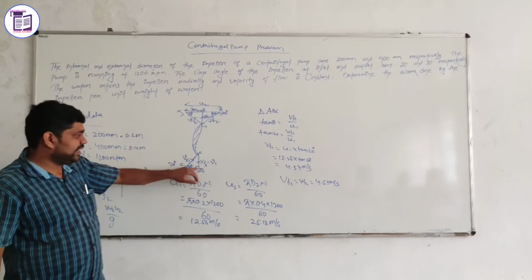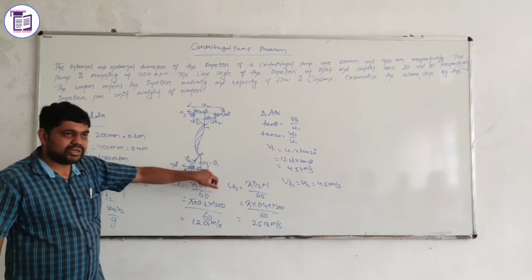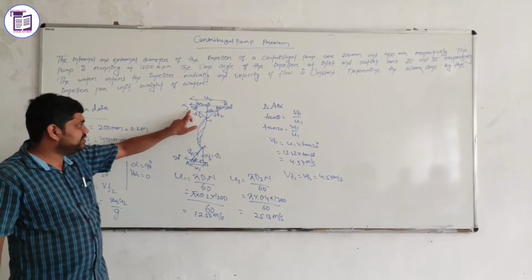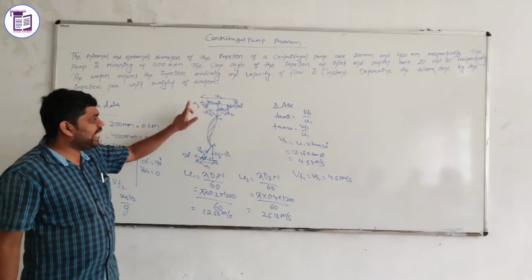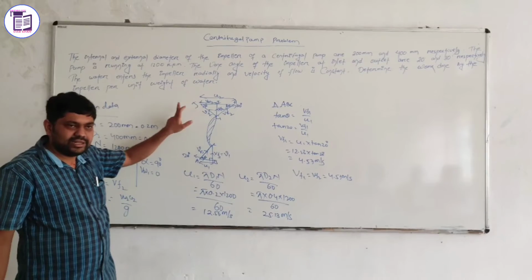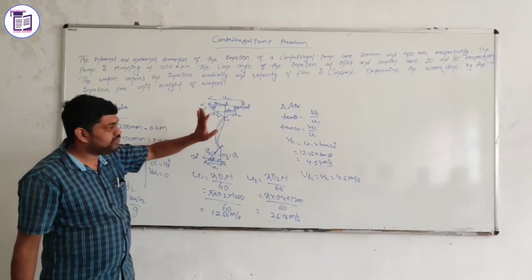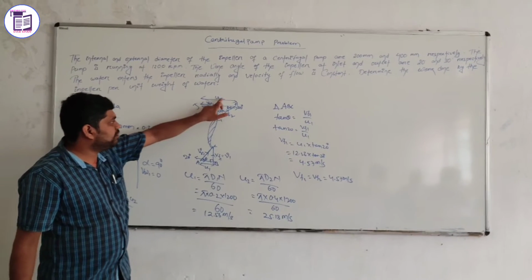So this is the inlet triangle. You can find the inlet velocity triangle, and the VF1 value is found. Now using this relation, find the outlet triangle. The outlet triangle is what? GHIJ. This is the total triangle GHIJ. Now considering only, because the Bw value you have to find, here is Bw and U2.